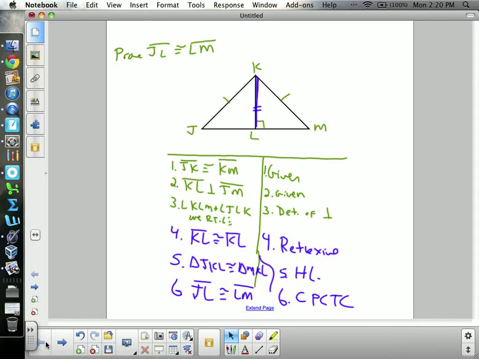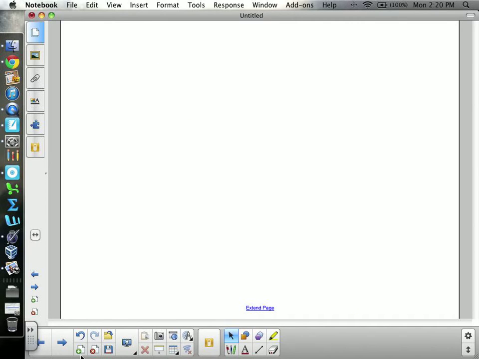Okay? Let's do another one. Let's do another one from the homework. Let's look at something like number 7. Kind of interesting. Because we've got,